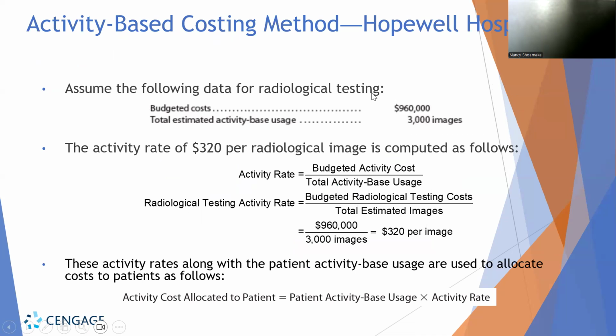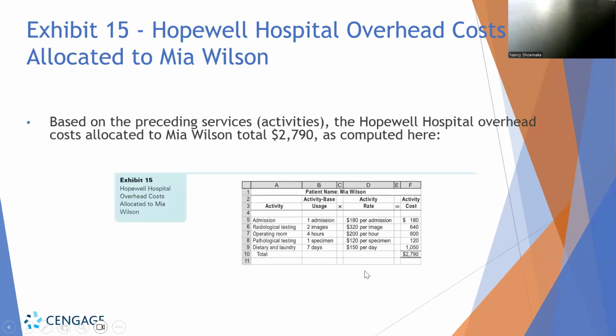They have budgeted costs for the radiological testing with 3,000 images. So you can figure that's how they're coming up with the $320 per image. Remember, guys, these are estimated. That's what they're budgeting for both the cost and how many activity hours. This is all based on past records, past information. So when you do this,